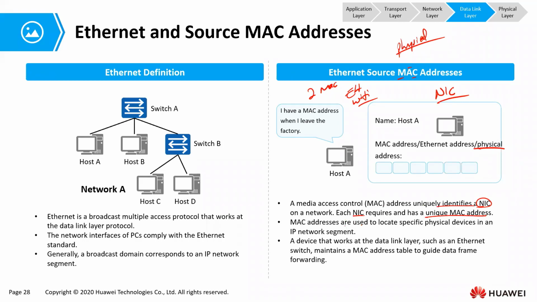MAC addresses are used to locate specific physical devices in an IP network segment. A device that works at the data link layer, such as an Ethernet switch, maintains a MAC address table to guide data frame forwarding. Are we together so far? Yes. Now, an important aspect before I move on to the next slide, is that we need